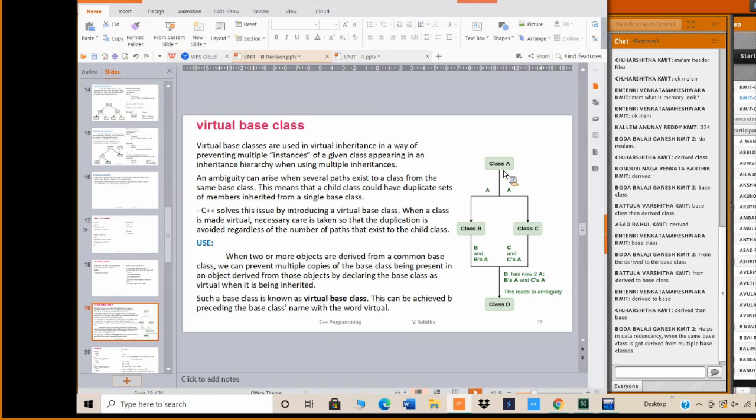Now, just now I told you, if I try to access the base class from... Ganesh gave me: it helps in data redundancy when the same class is derived from multiple classes. Yeah, he gave his definition in his own words. Good. Now generally, if this base class is derived from multiple paths, then it as well as from the path C, then there exist two duplicates of your